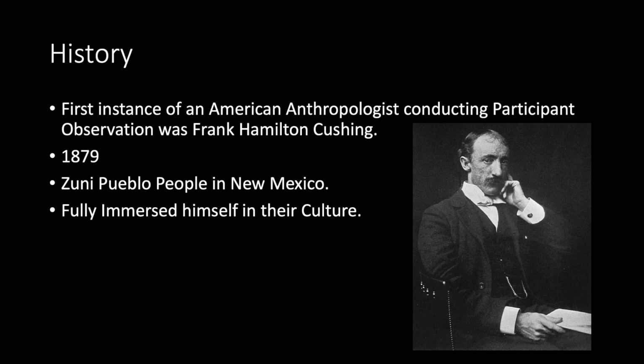Cushing became a real citizen of the Zuni people and was able to fully immerse himself into a foreign culture. Because of this holistic approach that Cushing took in his research, he is credited with being the first American anthropologist to engage in what is today called participant observation.